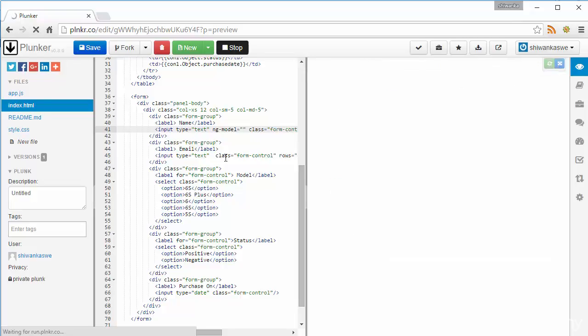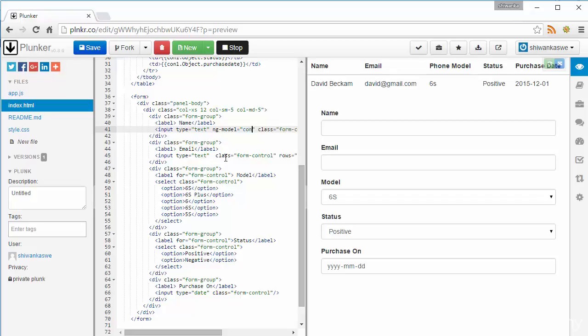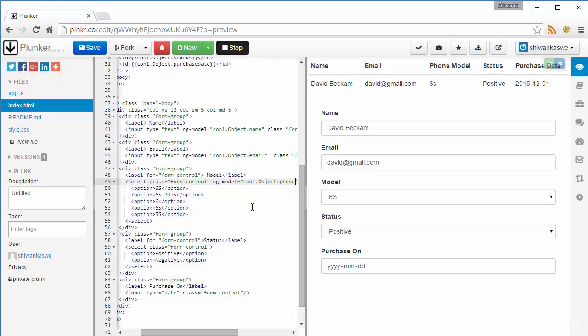First, the input box, we will bind name: con1.object.name. For the second text box, we will bind email: con1.object.email, and we have a selector. We will bind phone model here, ng-model con1.object.phoneModel,